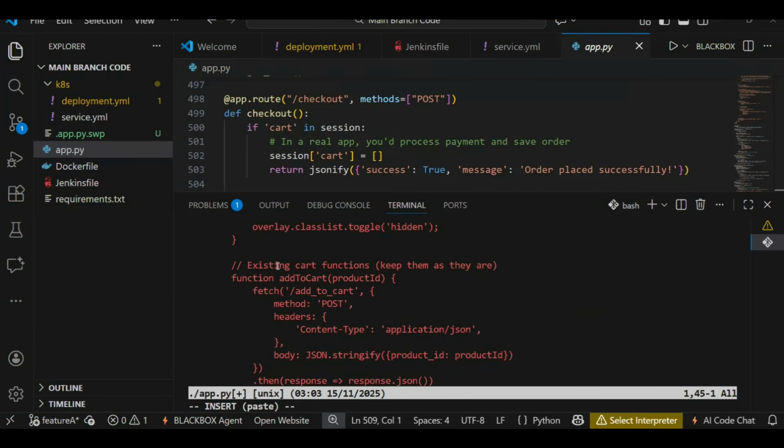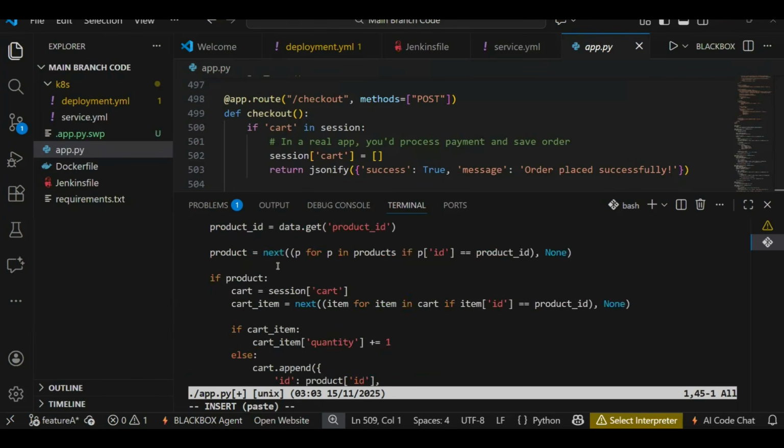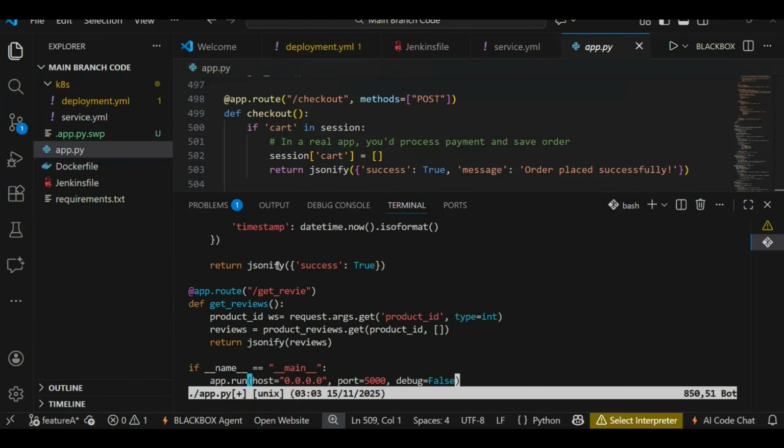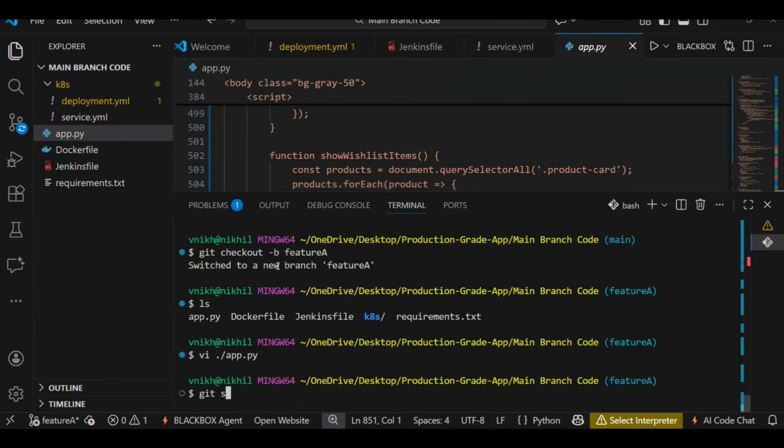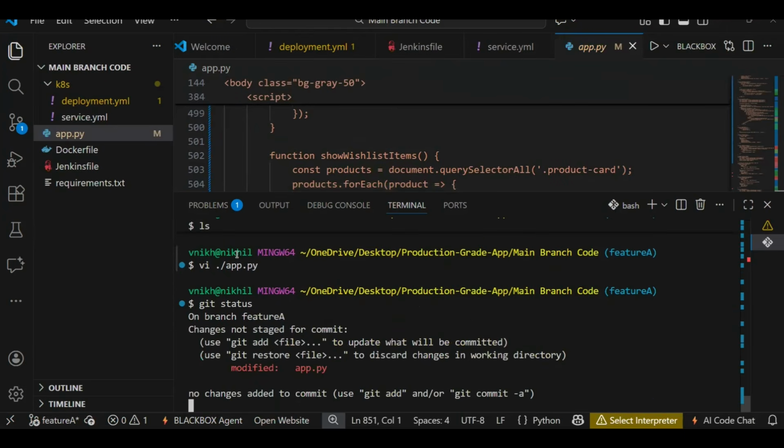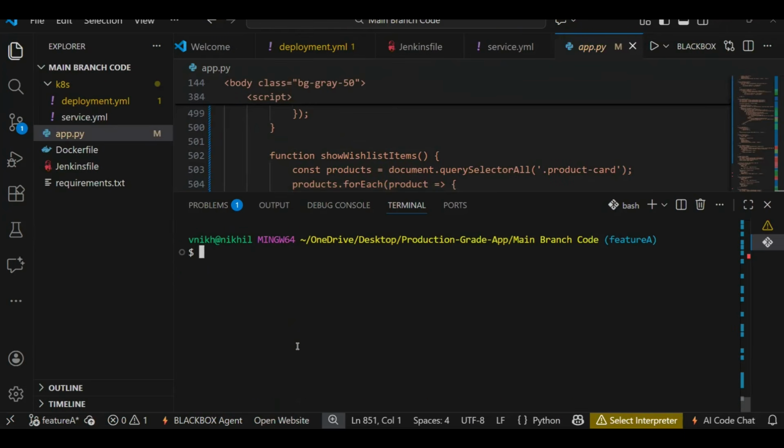Once it's pasted, I'll come out of the file. I'll add it to the staging area. I'll commit to the local repository area. And I will push to the remote repository. But in the remote repository, which branch? A branch called feature A. Because directly we cannot merge, developers cannot merge. So let's come out of the file, :wq. Now if you do git status, this file has been modified. So let's add that file,